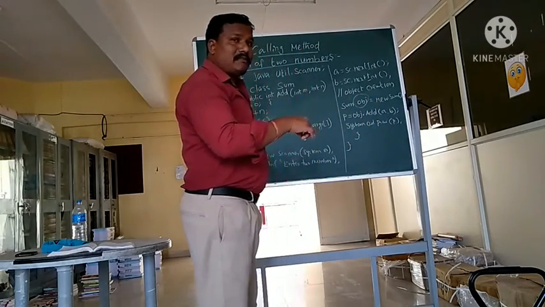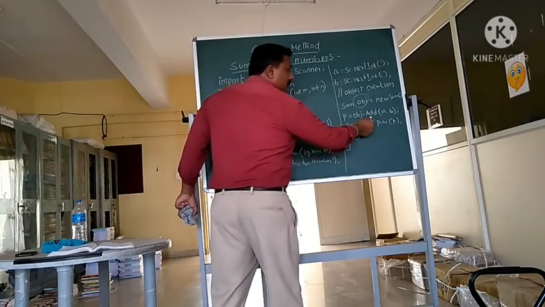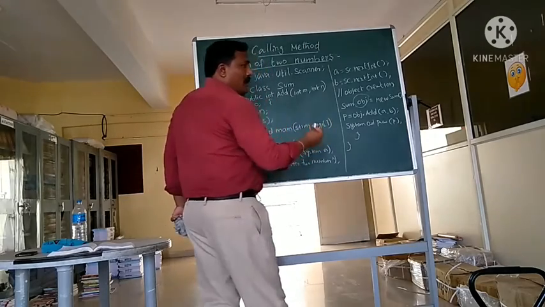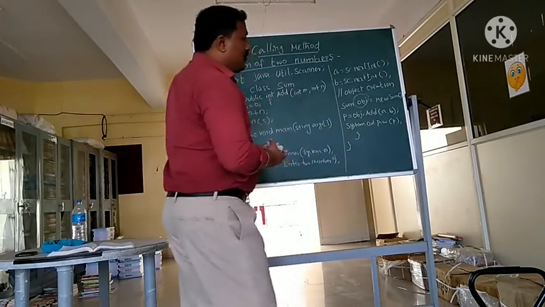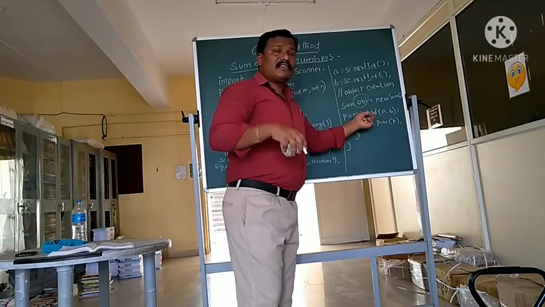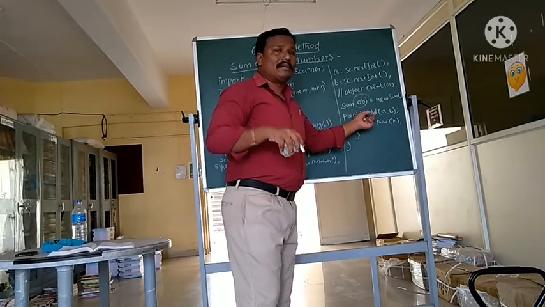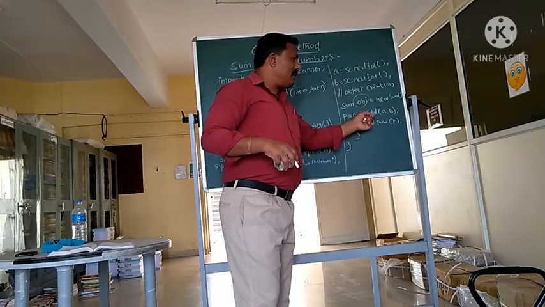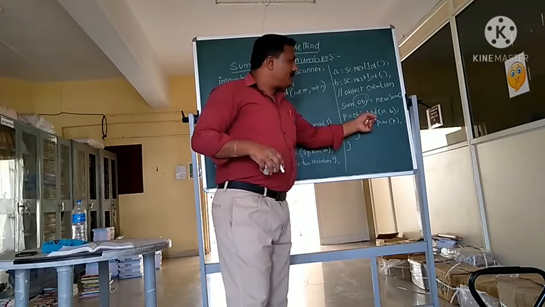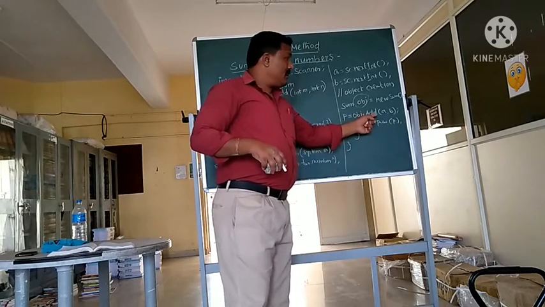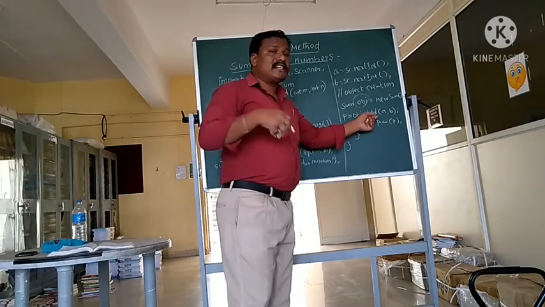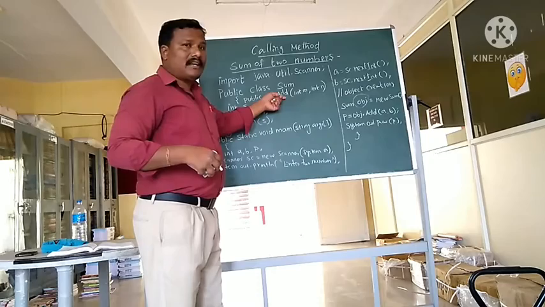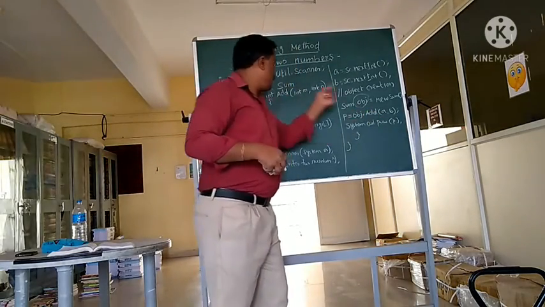Now using this object, we can call, or invoke, the method. After creating the object, we have to call the method. This is what we call a calling method or invoking method. So using this object obj, I call the method add. Once you call the method, the control transfers directly to add. Here the add method is there, right? So control directly transfers here to add.